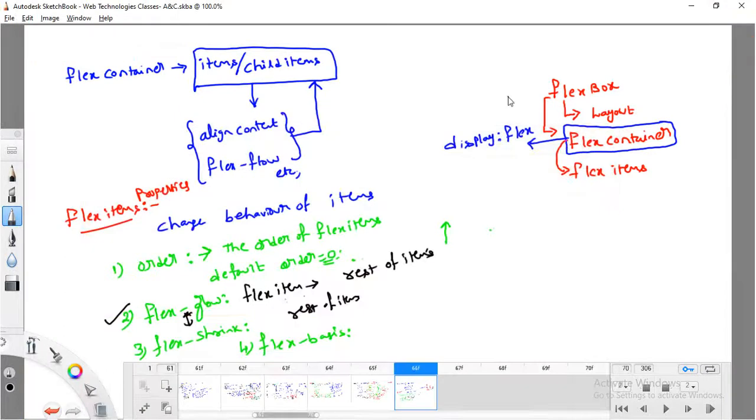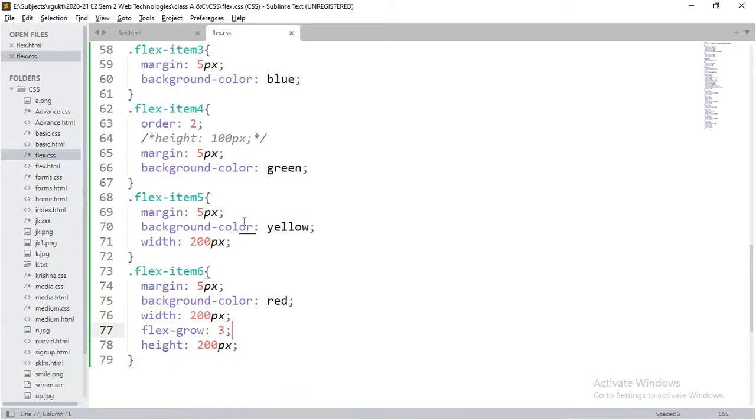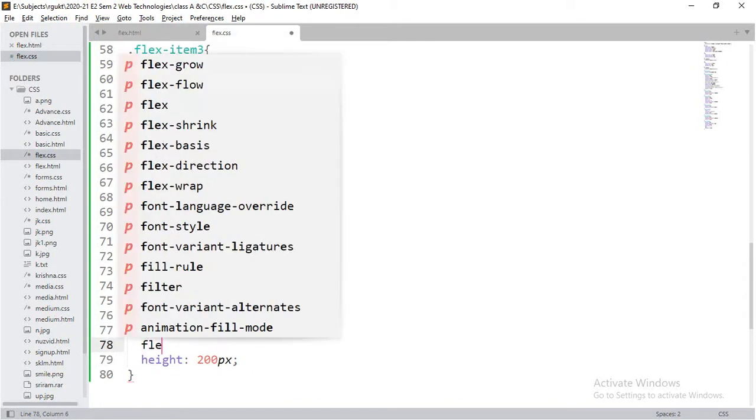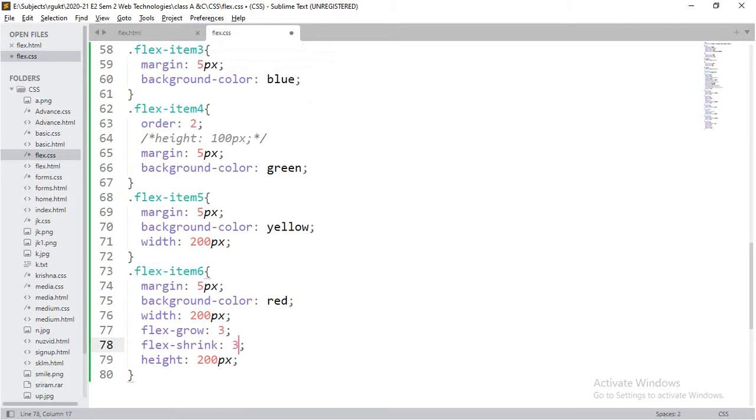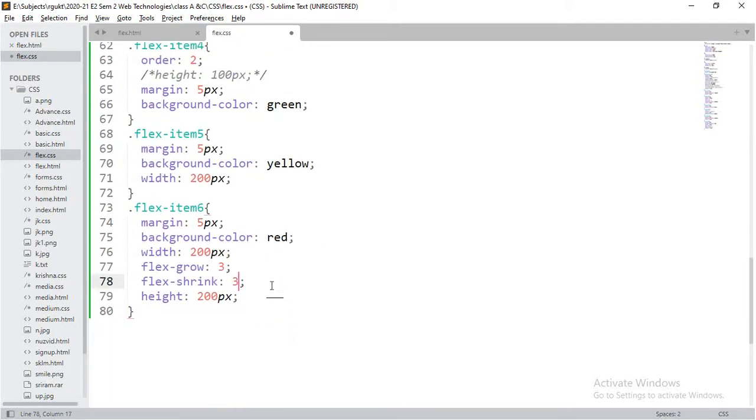You can go up here somewhere. I will take for both again, here also, flex shrink as 3, or else I will go with this one. You need to make a difference.